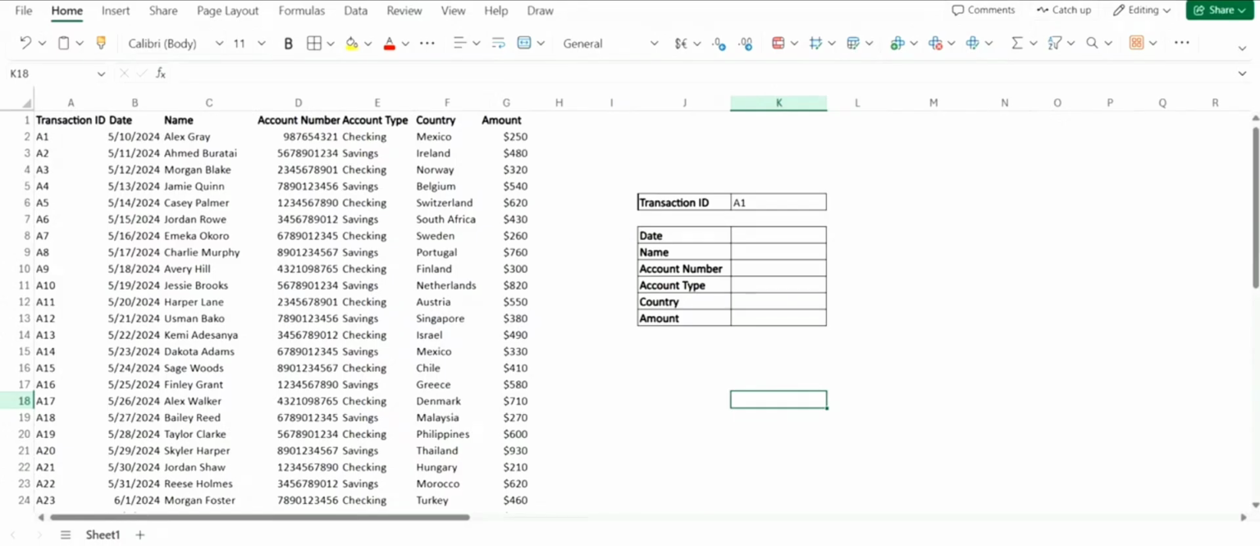Using the previous video as a guide, create a search bar for the table using XLOOKUP. You can arrange the search field